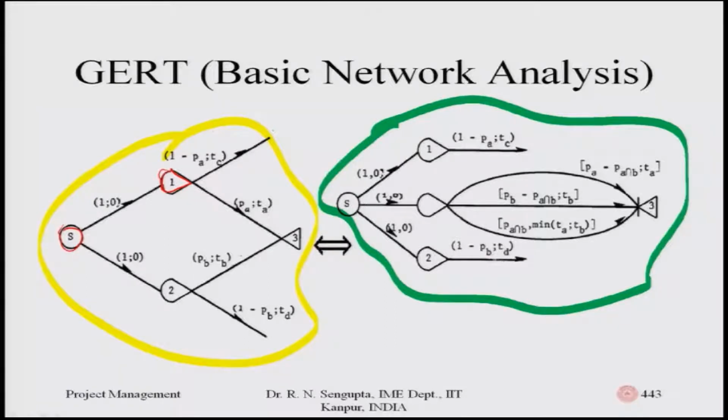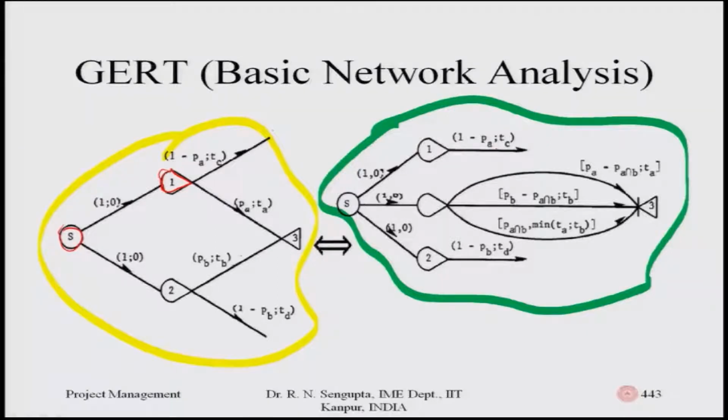So, both are probabilistic in the values depending on what the probability distribution is and what are the chances. And similarly, the node which is leading out from 1 has the probability 1 minus p suffix a, comma t c, which is basically the time taken. And the equivalent output for this yellow one and the green one, if you pay attention,